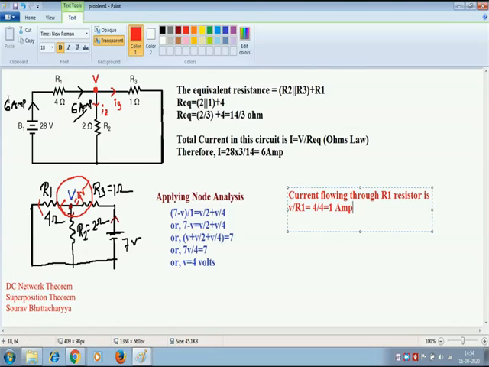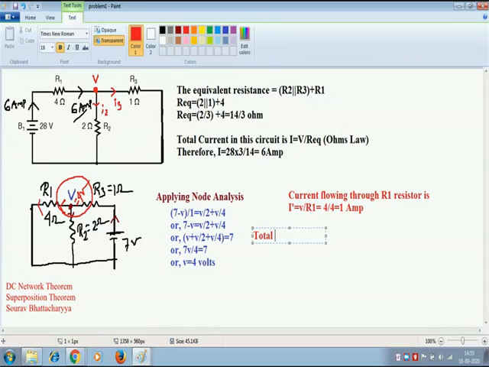See, in the first case, I was 6 ampere, and now let this one be your I prime. So I prime is equal to V by R1. Here we can say the current of 6 ampere is flowing in the clockwise direction, and the current of 1 ampere due to the 7 volt source is flowing in the anti-clockwise direction.